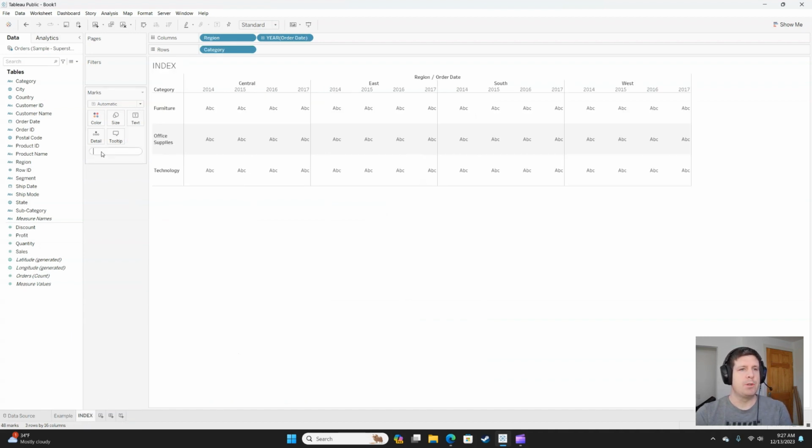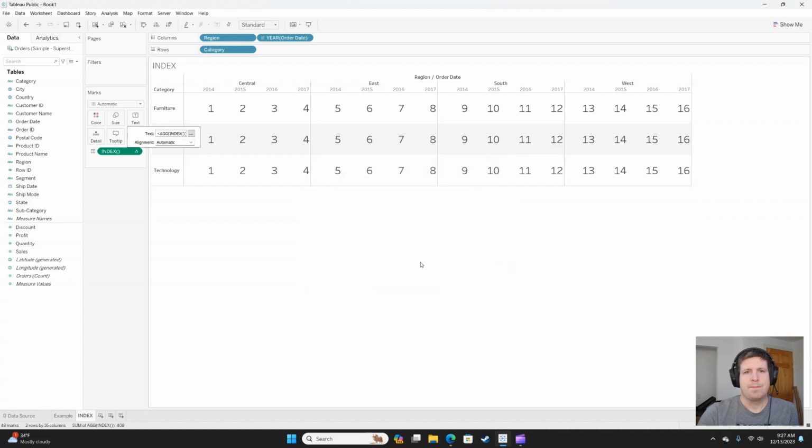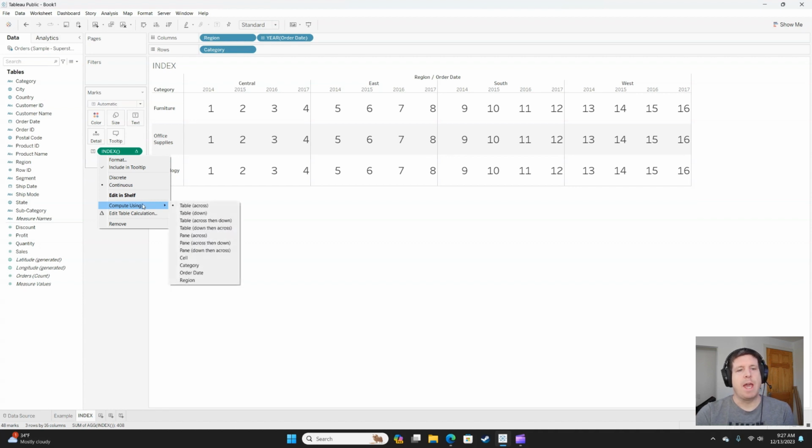Over here, I'm going to double click on the marks card and insert the index function. I'll hit enter and I'll add that to text. Let's bump the size up. And you can see that this index is computing from 1 to 16. If I click on the arrow next to the pill and go to compute using, I can see that it